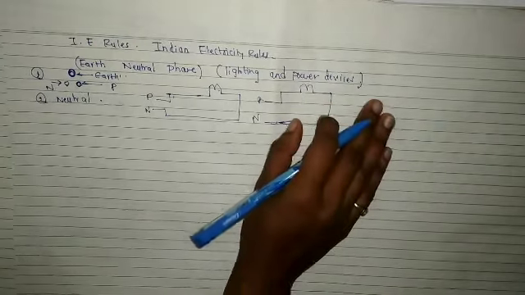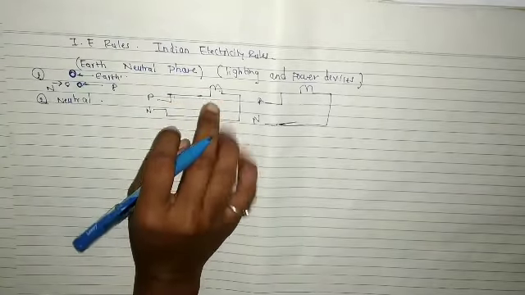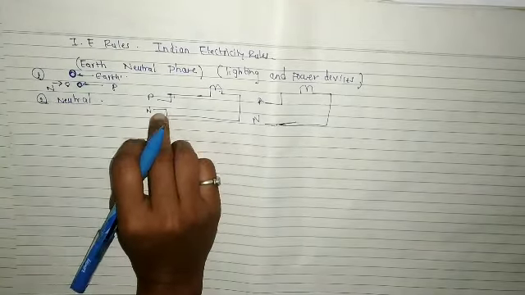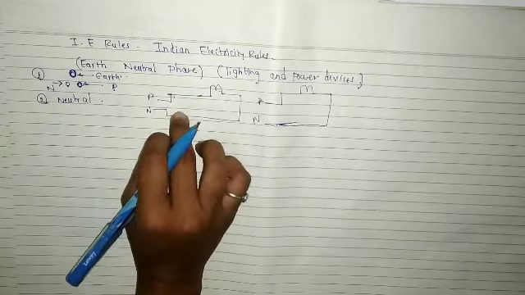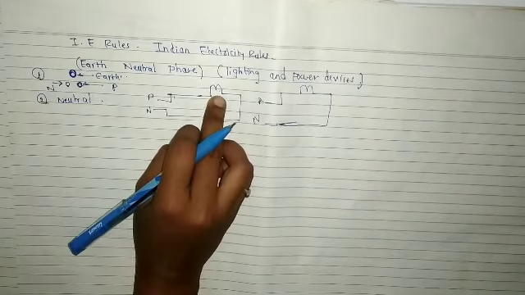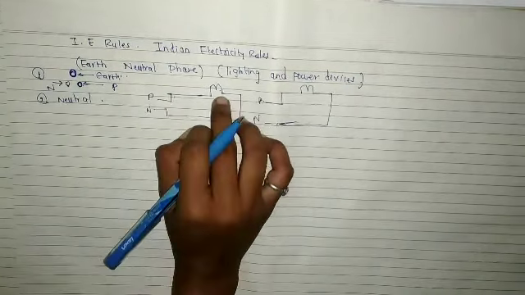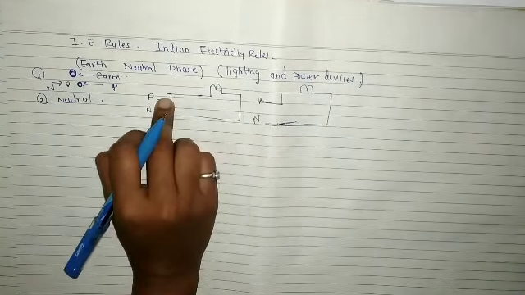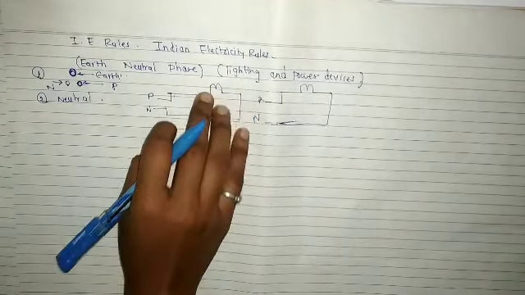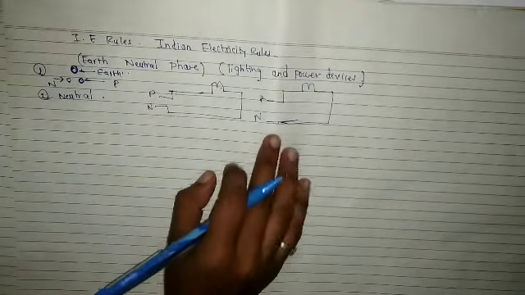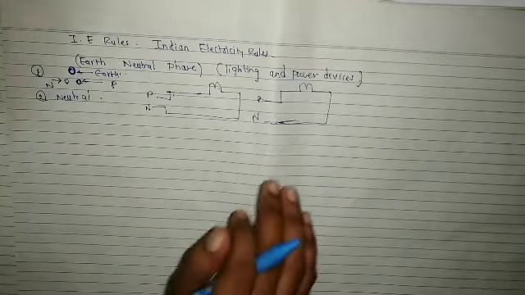This is a very important point you have to remember. Whenever we connect any appliance between phase and neutral, our appliance will work. If I connect a bulb between phase and neutral, the bulb will glow. If there is only phase, the bulb will not glow. So neutral provides the return path. All neutrals should be linked.